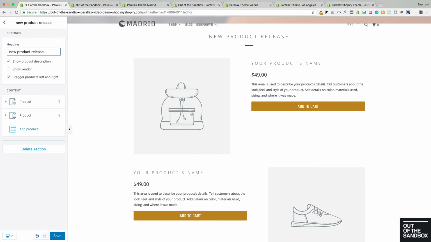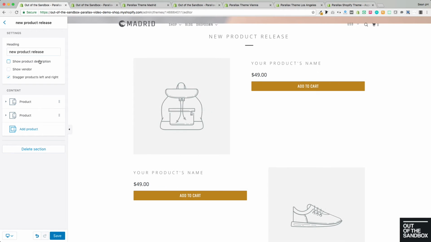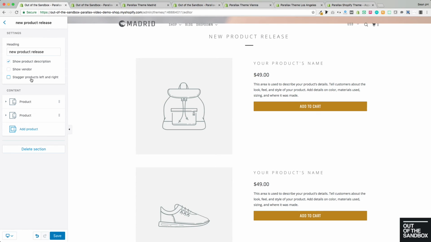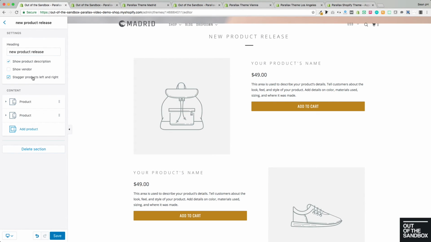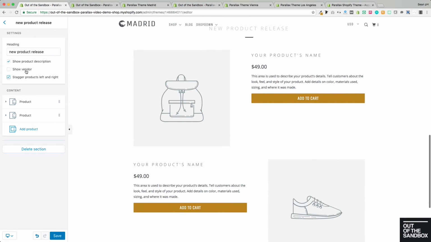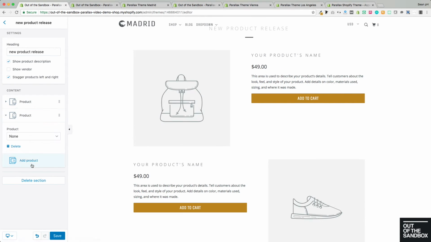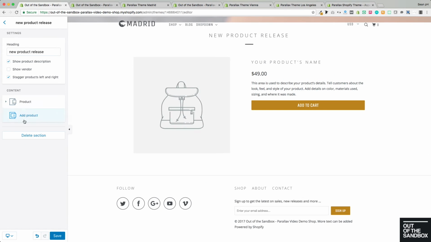We've got a couple of settings here. We can enable and disable the product description from appearing. If we had vendors associated with these products, they could appear. And then finally, the arrangement of the descriptions vis-a-vis the product images can stagger as the products progress, or they can be uniform. We're actually just going to feature the one product here, so we'll open up the one product